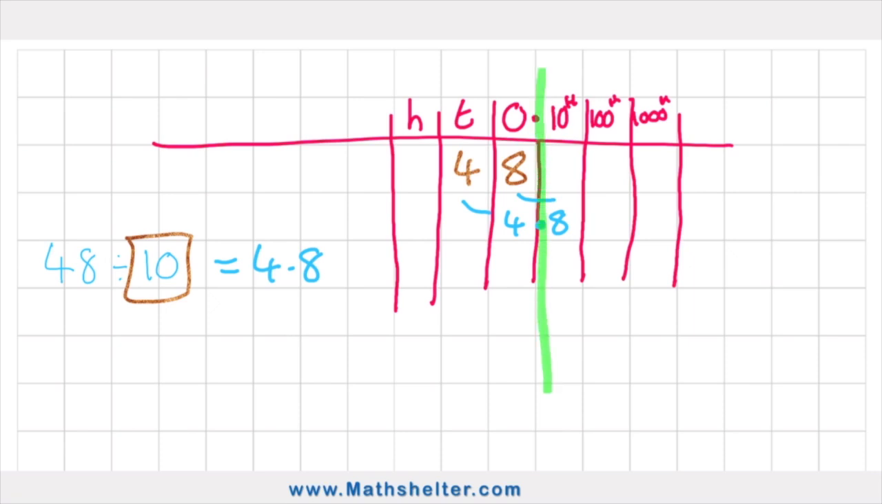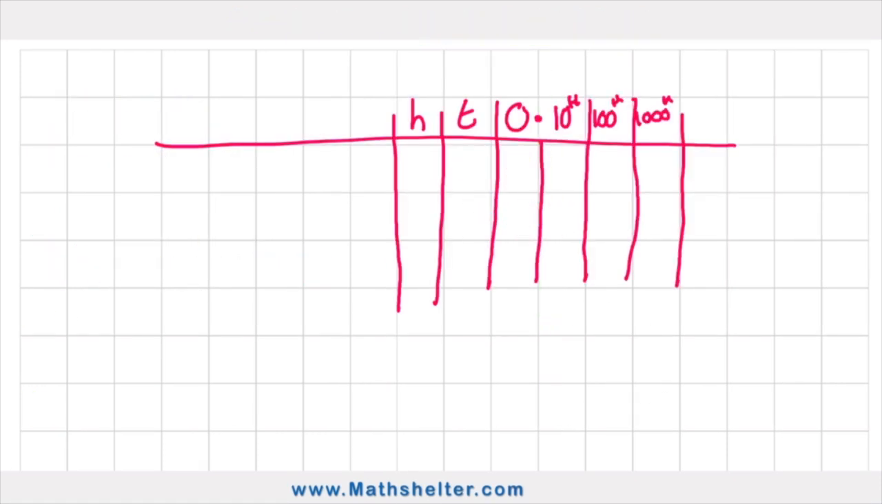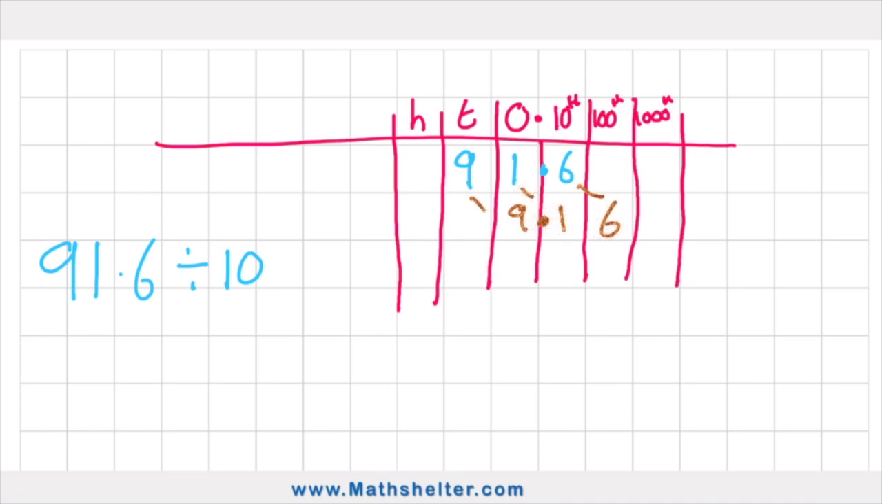One thing to make a note of, my decimal place never moves. We consider it like a nail in the wall. So 48 divided by 10 equals 4.8. Next one, 91.6 divided by 10, a little bit harder. Let's have a look. We have 91.6 divided by 10. Put the numbers in place, 9 tens, 1 one, a decimal, and then 6 tenths. And we're dividing by 10, so exactly the same thing. I just move them one place down my place value chart. And once I put my decimal point back, I'm left with